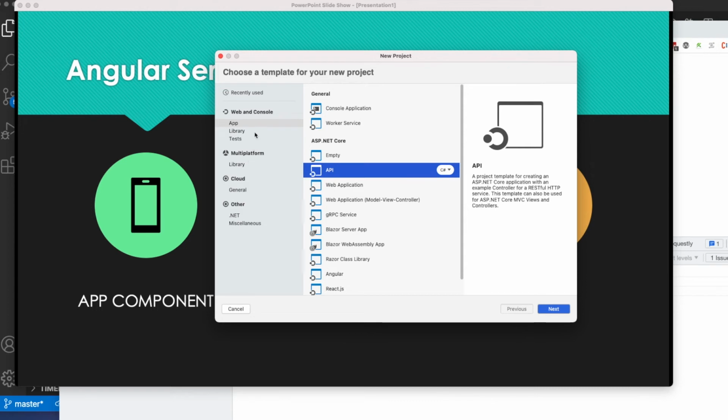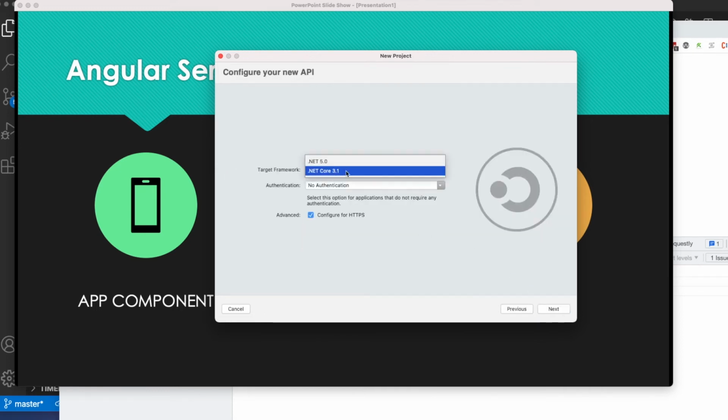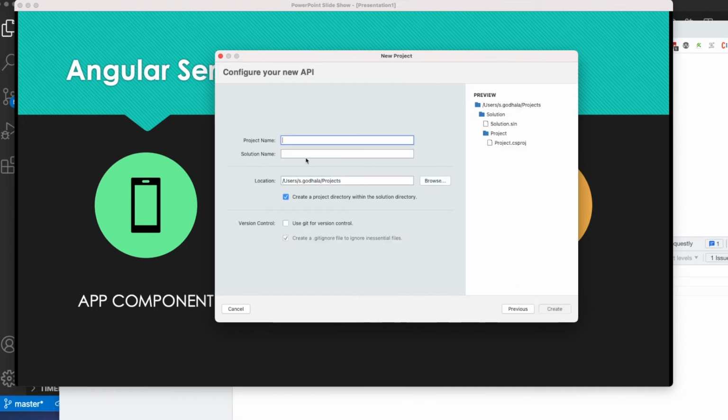Once you see the app, you can see ASP.NET Core, and you can see which language you want, C#, and click on select the API, click on next, and it's saying the framework. I choose 3.1 framework, and I say weather service demo as the project name,